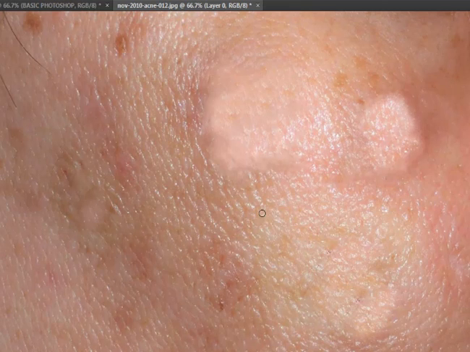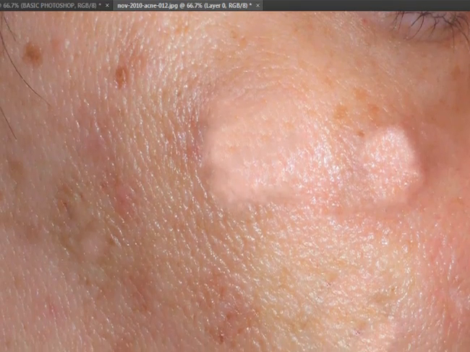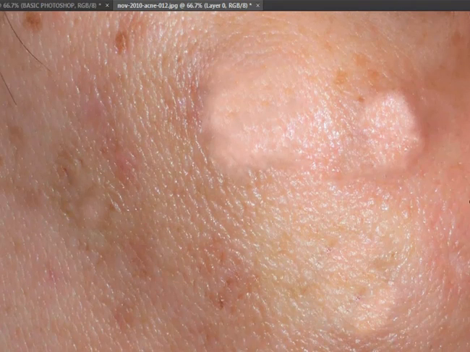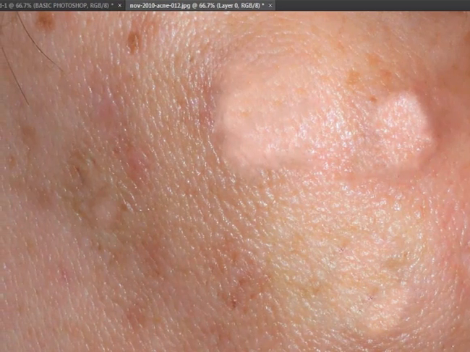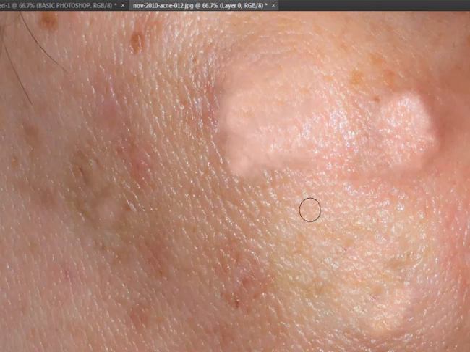Alright, so as you can see, it looks like a normal skin without pimples. So if I'm going to take more time to edit this photo, you will never know that this person or the skin has scars or pimples or acne. So that's the usage of your clone stamp. So always remember, if you want to copy this, press Alt and brush it over.